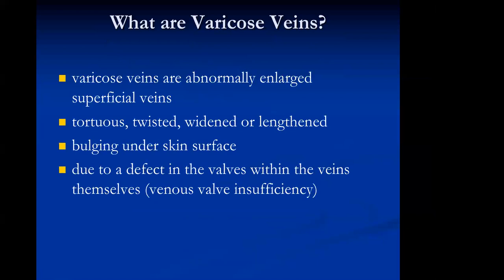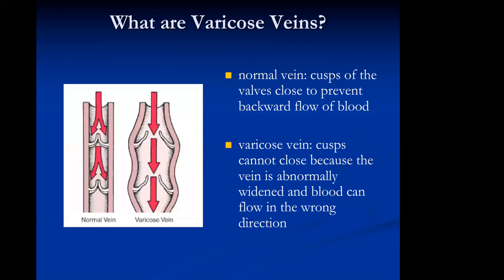So varicose veins are abnormally enlarged superficial veins. And when we think about varicose veins, we think of the ones we see bulging under the skin. With ultrasound, obviously, you can see a lot more. Oftentimes with your heavier patients, they may be suffering from venous insufficiency and varicose veins, and you don't see it because of just the adipose tissue. But these are really all defects in the vein walls that lead to bulging, and you have blood flow really going down retro